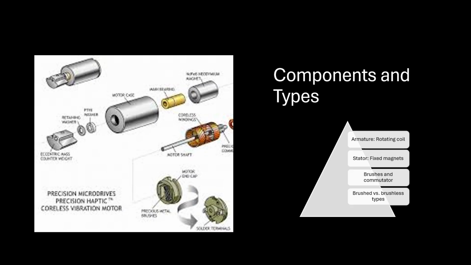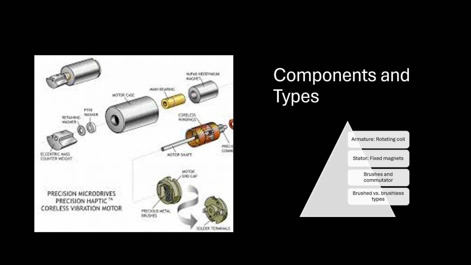DC motors come in many different forms, but they all share key components. The primary elements are the armature, rotor, the field magnet, stator, either permanent magnets or electromagnets, brushes, and the commutator. We classify DC motors based on how the field coil is connected to the armature. The simplest is the permanent magnet DC motor, often seen in small toys and appliances like the image on the left. These use permanent magnets for the field and are simple and reliable.